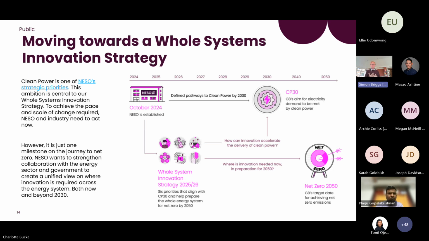So what we're saying within the strategy is, there's a mix of things we need to be considering about adopting and scaling innovation at pace that can help us meet the clean power target, but also having that forward view about what's required beyond 2030 and enabling research to happen that can put us in a good platform for the next 5 years. That's really where the crossover with SIF comes from: what are the things we need to be thinking about now that will ultimately put us in a better place once we've achieved a clean power system. Moving on.